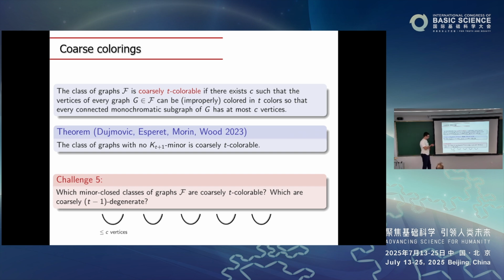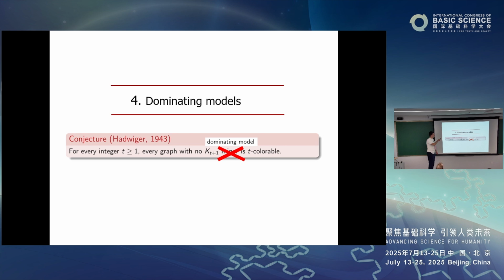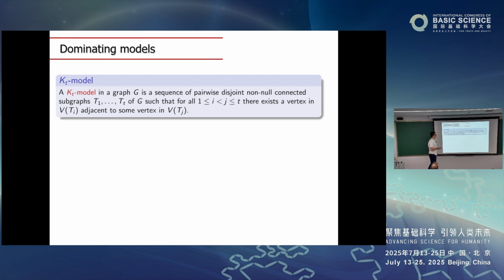Okay, and now finally, let me talk about another notion which goes in a different direction. It makes things harder rather than making things easier. So we are going to replace the notion of minor by a more restrictive notion. Before stating this notion, let me reformulate the notion of minor. Instead of talking of a complete graph on T vertices as a minor, we can talk about a model of a complete graph in the graph.